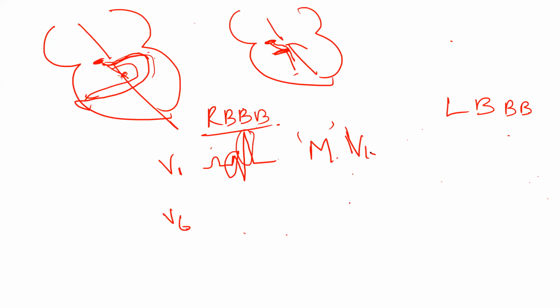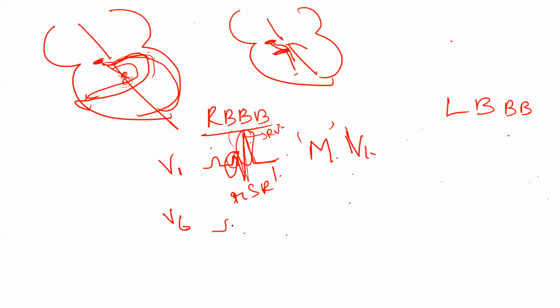V1. You got it? Yes, sir. So this is what we call the RSR dash pattern. The initial R is because of the left ventricle. Then, as the action potential travels to the right ventricle, because of the delay or the block in the right bundle branch, it goes for another peak. That is the second peak, and it is because of the right ventricle. So left ventricle, then S wave, then depolarization of the right ventricle. Then it comes down. So you get a typical M pattern.